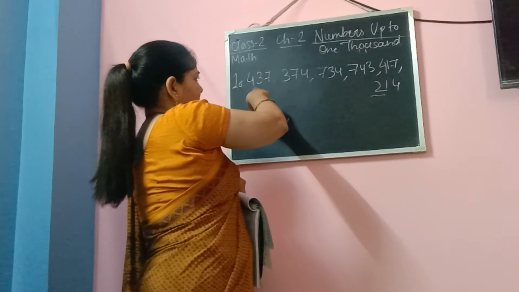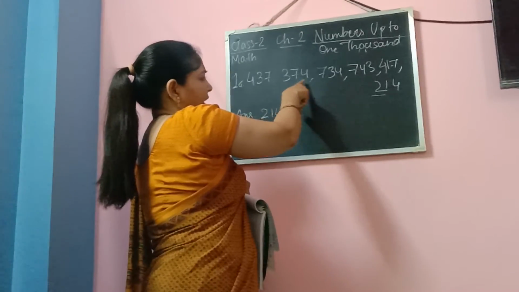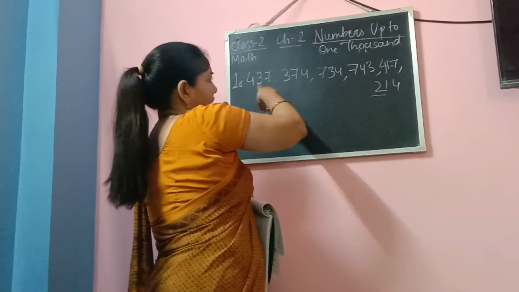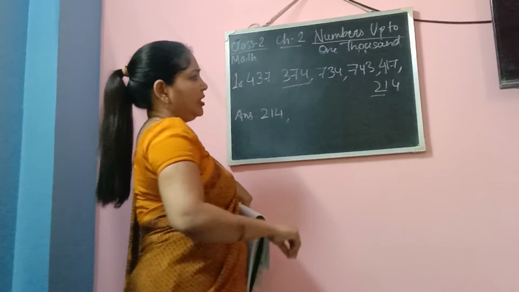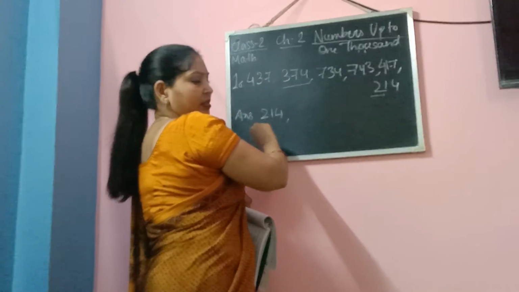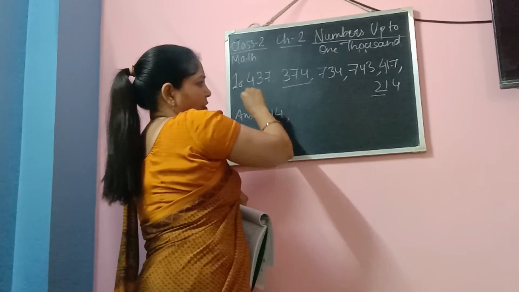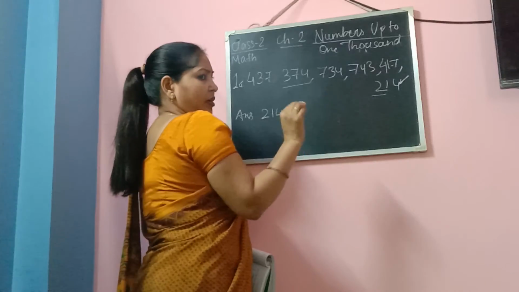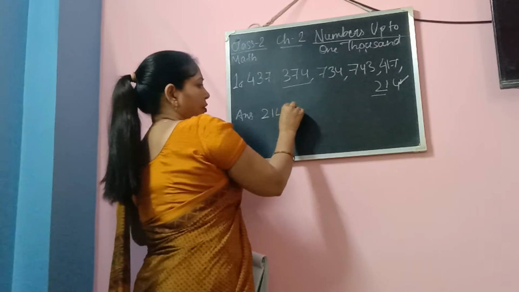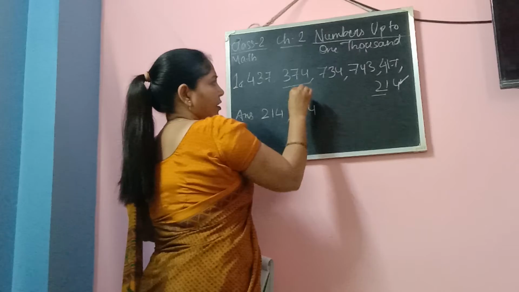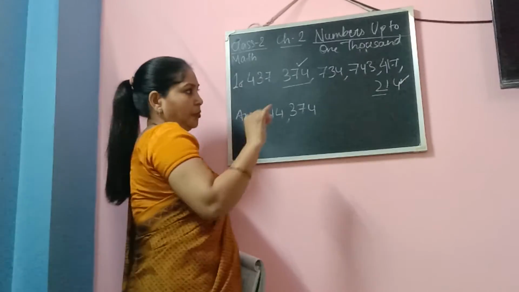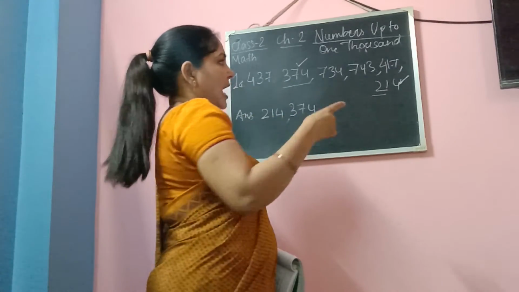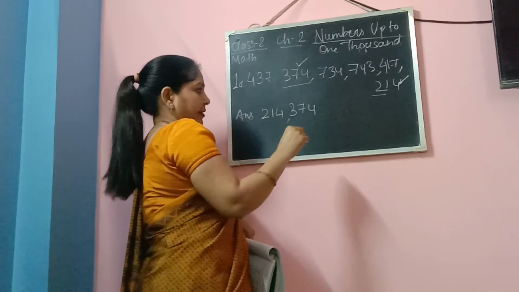Here we have 4, here we have 3, here we have 7, here we had 7, 7. Now out of all these numbers, 3 is the smaller, among all these numbers. So we are done with this. We will not touch this number. Now 374. Okay, now this is also done. You put a tick mark over there so that you get to know which numbers are being compared and what are the numbers left to be compared.